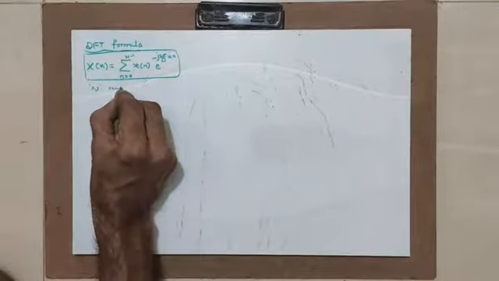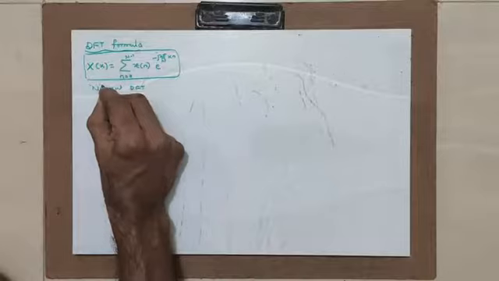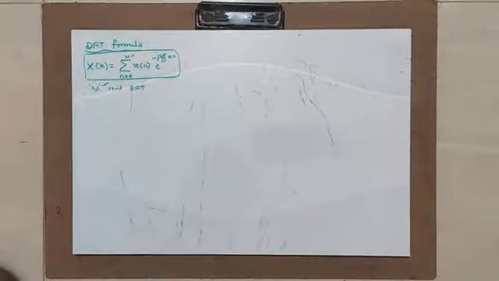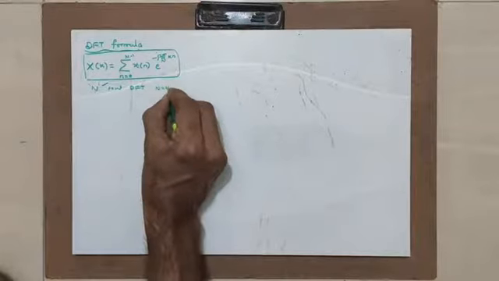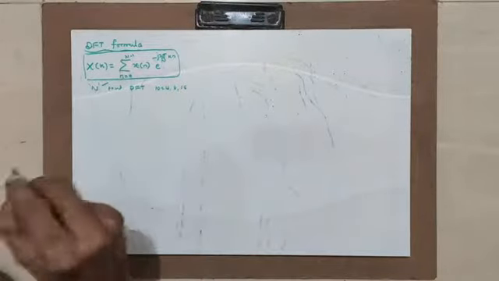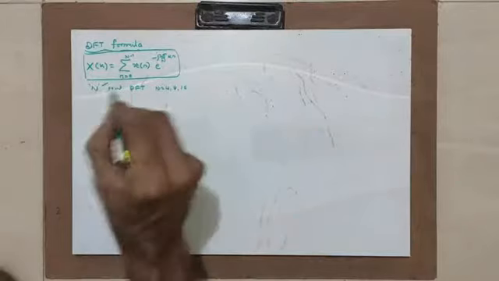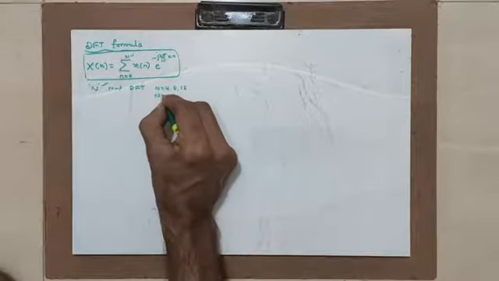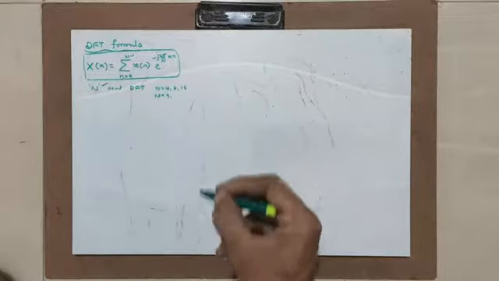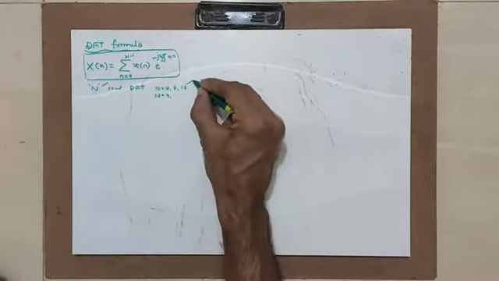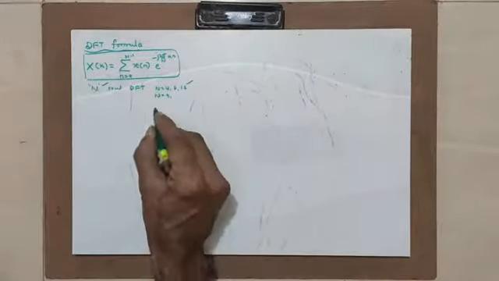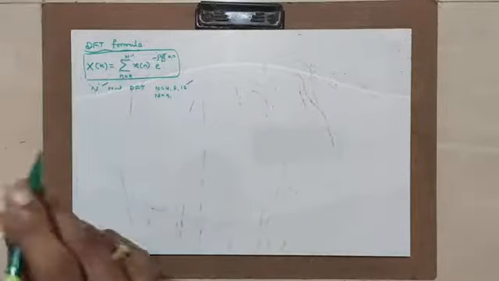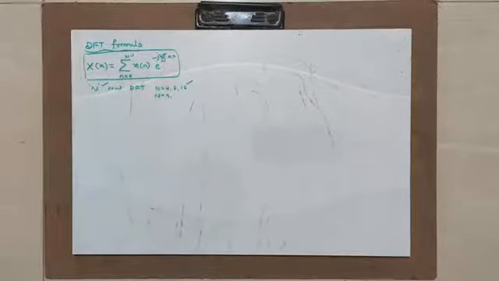N point DFT. What is this N point? This N point is the number of points by which the frequency domain signal is divided into. Generally N will be 4, 8, 16, an even number like this. Otherwise also N can be any number like 5, 6, 7. Generally we prefer 4, 8, 16. Later you will understand why it is 4, 8, 16 etc. But anyway, N is the number of points by which you are dividing the given frequency signal.